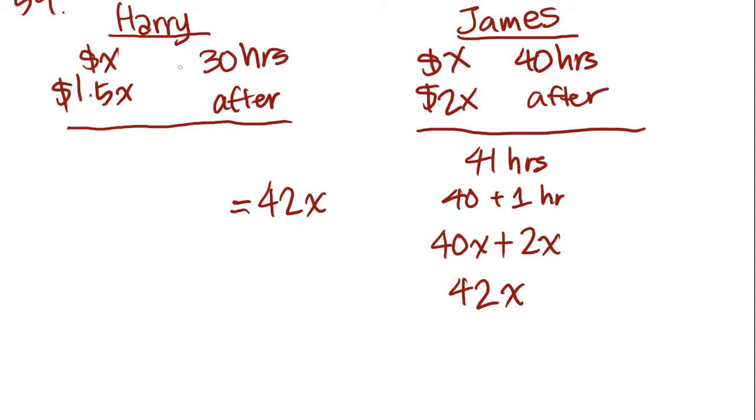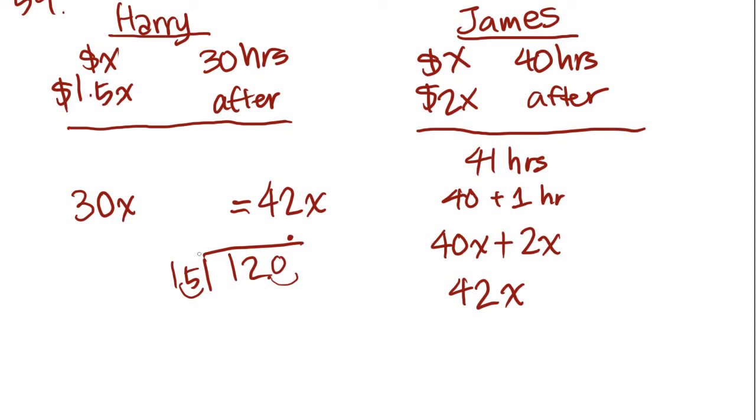So he must have worked at least 30, because for the first 30 hours, he makes 30X. So then we just subtract the 30X, and we get 12X. So we know that after the 30 hours, he still made 12X. And we'll have to divide that by 1.5X to figure out what that amount is. So let's do that very quickly here. Move the decimal over. Here we move the decimal over 1. And let's see what that is. That comes out to,